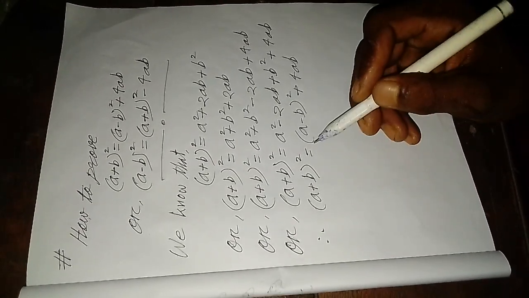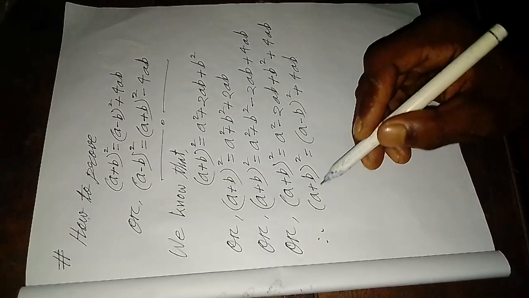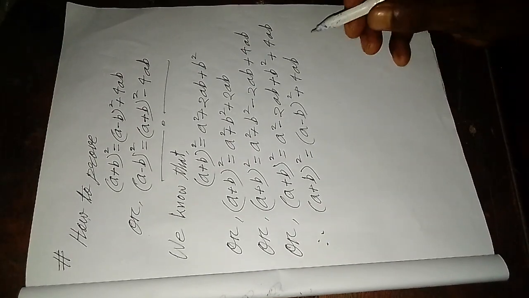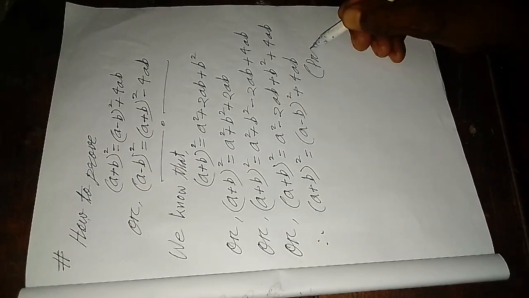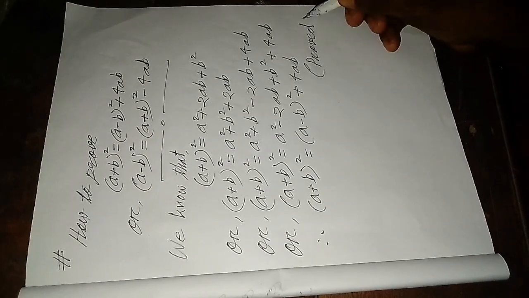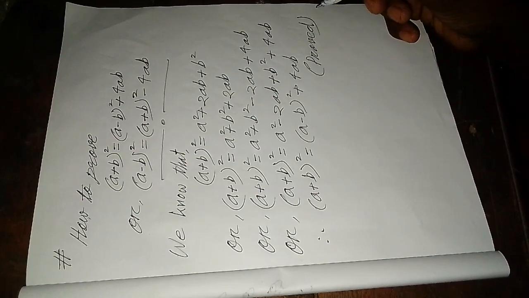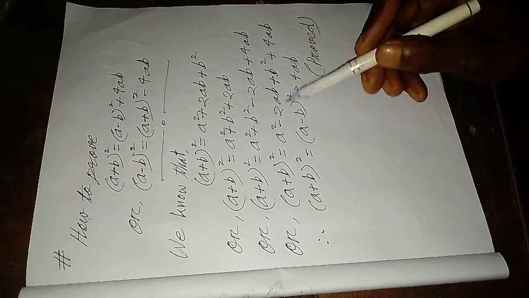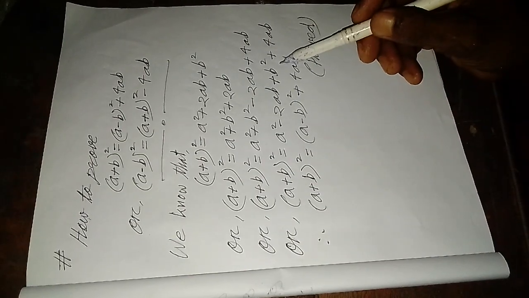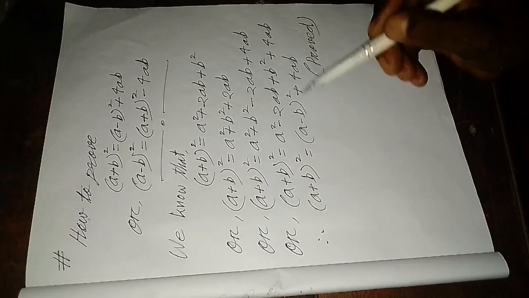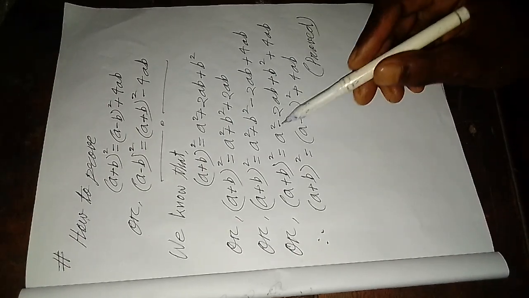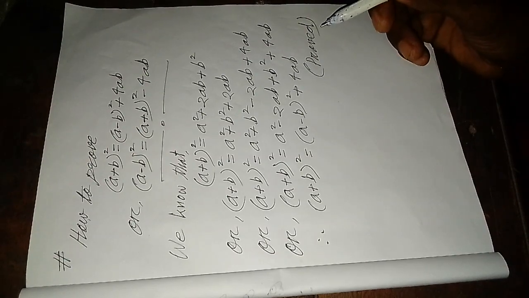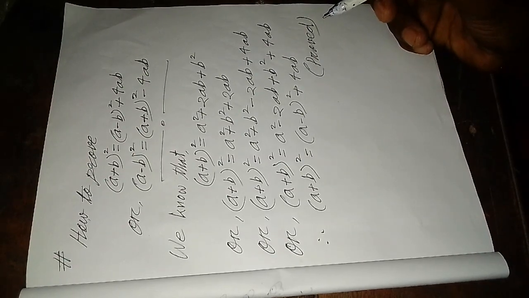We can see that (a plus b) whole square equal (a minus b) whole square plus 4ab. Prove it. We can just make a square minus 2ab plus b square a rules from a square minus 2ab plus b square. I hope you understand. Then we can prove